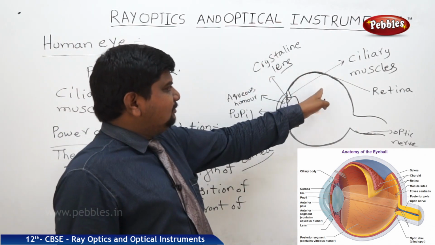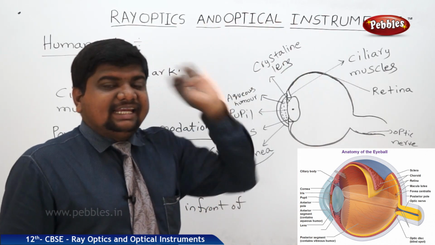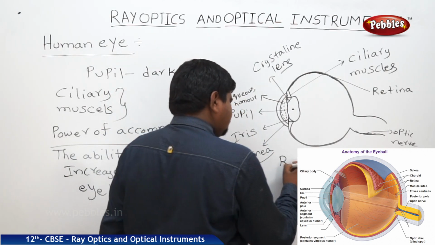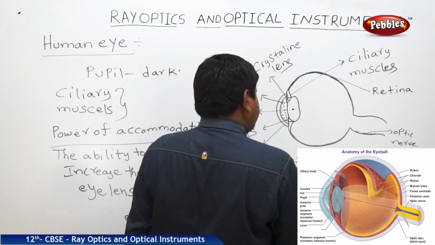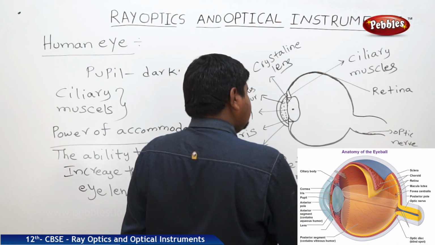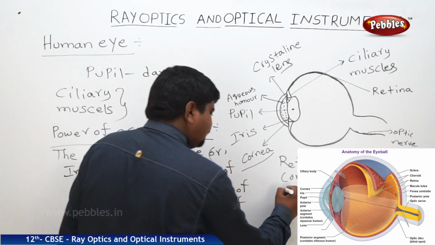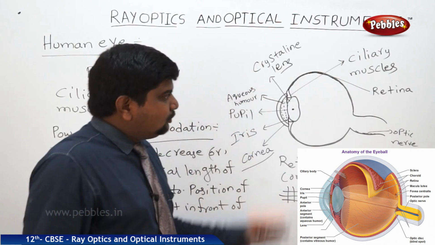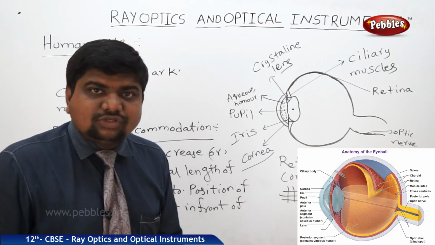Then the ciliary muscles are connected to the retina. The retina acts like a screen, meaning it has cones and rods. The retina is like a screen that contains cones and rods, which are shaped perpendicularly like a metal grill. They absorb the light and can identify the color of the light source, meaning the color of the object.